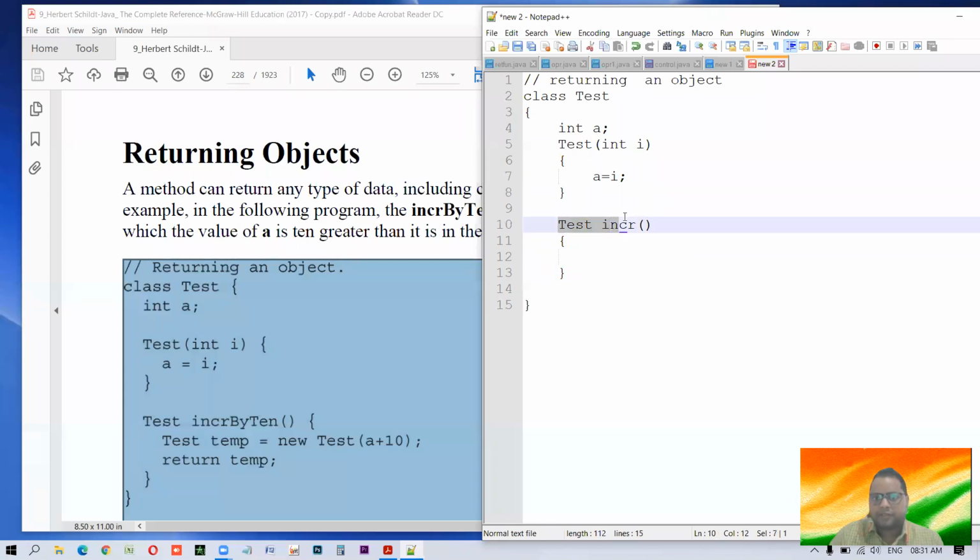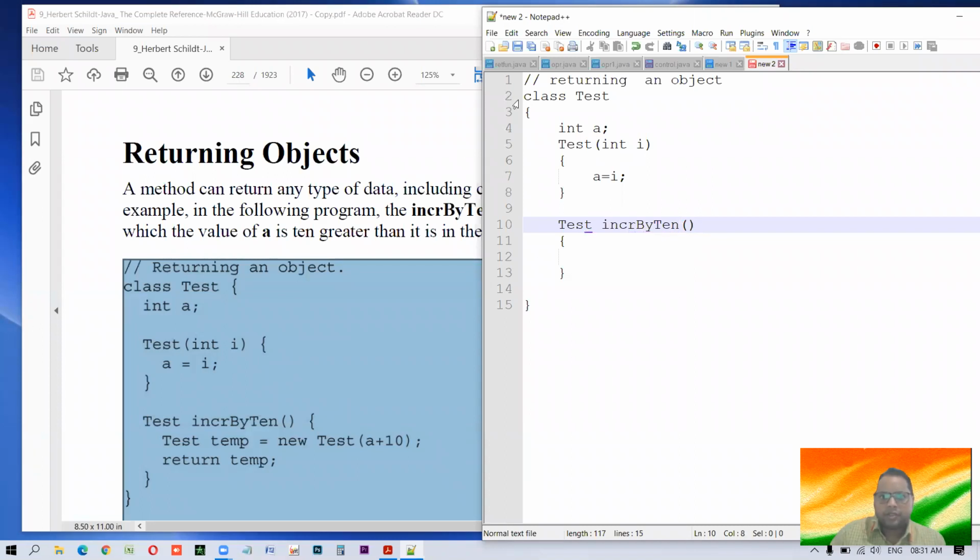We have made a function. What kind of function? A function with return but no argument. What is the name of the function? The function's name is increment. Let us write a complete name just to make this very clear: increment by 10. That's the name of the function.